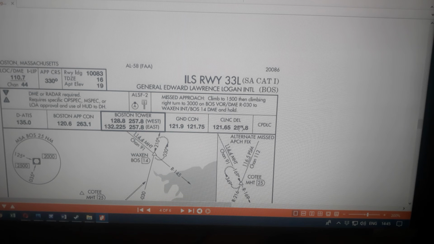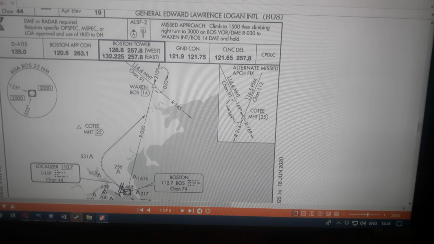This is about the parking bay when there are big airports, then they call it a delivery. Clearance, CLNC DEL, clearance delivery. That is, they make sure that you are allowed to go from the aero bridge to the runway.